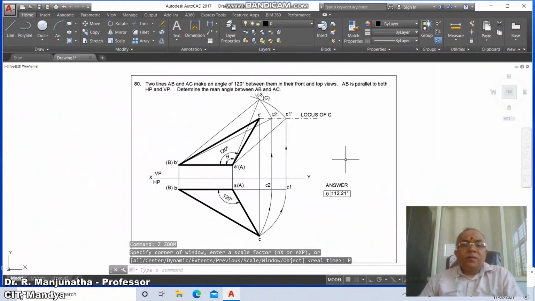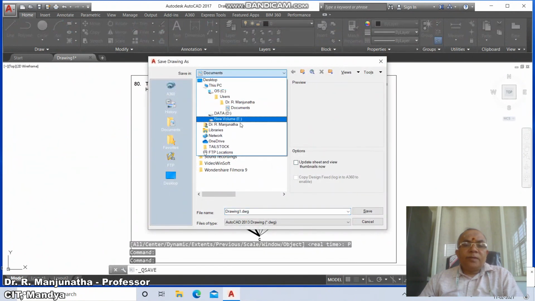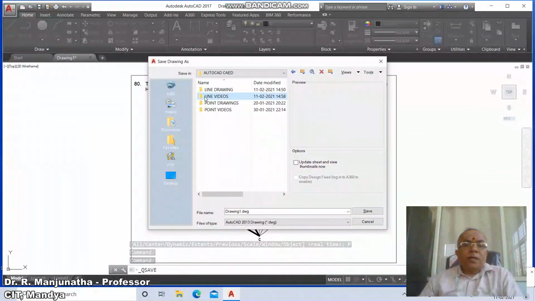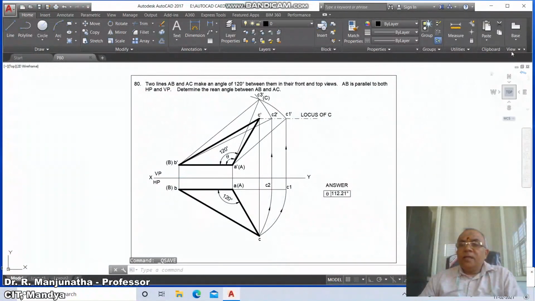Then go to zoom previous, and then go to save, click on appropriate directory, E, go to AutoCAD, so then come down to line drawing, type P, capital P, 80, and say save. And finally, you're going to